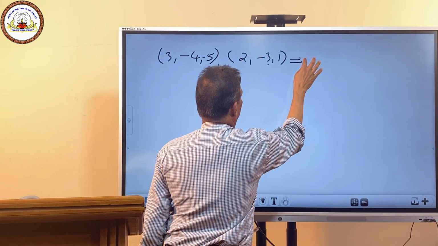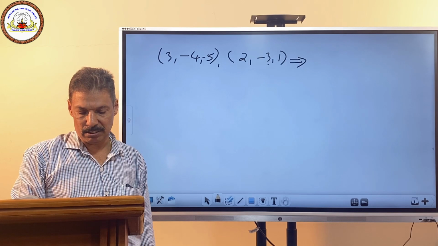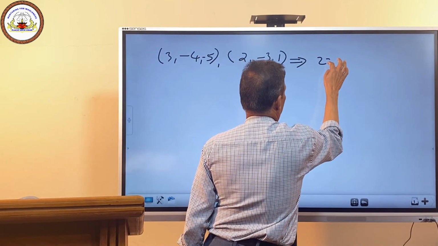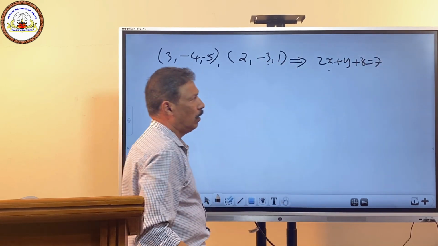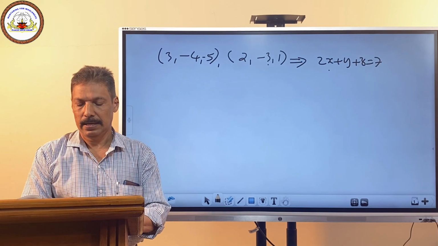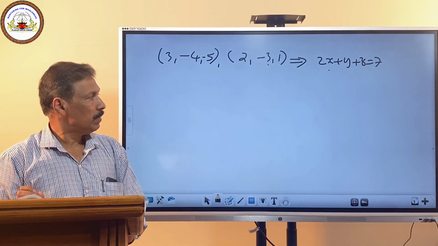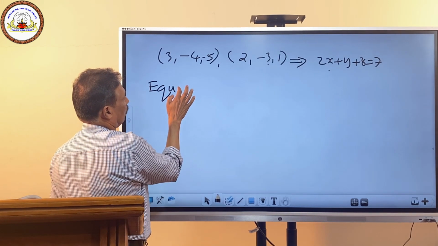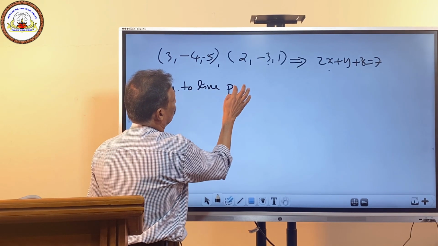We have to find the point on the line passing through these 2 points and crossing the plane 2x plus y plus z equal to 7. That's the question. First of all, we find the equation of the line passing through